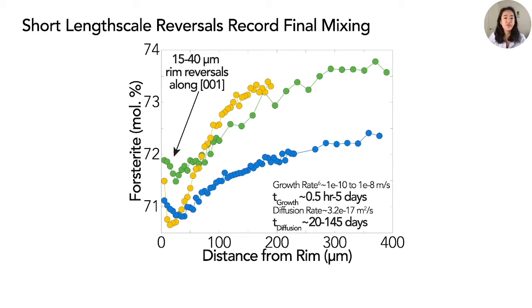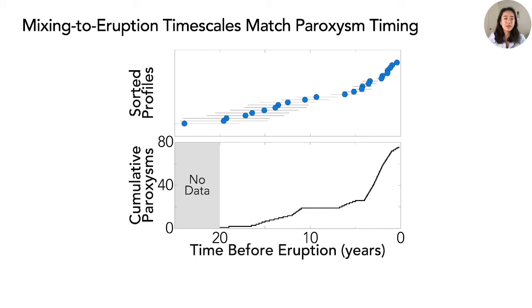We not only record the final magma injection and mixing in these small rim profiles, but also, when we plot magma mixing to eruption timescales in these longer length scale profiles on the top, they reflect a similar ramping up of magma mixing to the number of paroxysms shown on the bottom. This is most dominant in the 5 years prior to eruption, where the cumulative paroxysmal count also sees the steepest